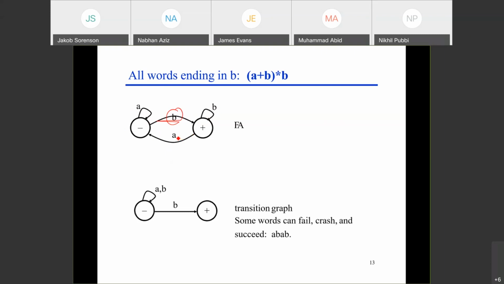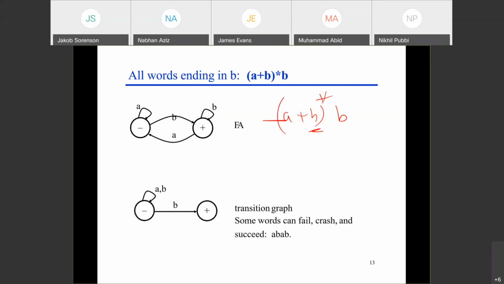Whenever you have A, you are at the start state. Whenever you have B, you are at the final state. So this means that the last letter should be at least one B, minimum one B. You will have more, no problem. Minimum one B, and then this word will be accepted. So now if I write the regular expression of this, (A+B)*B, because it gives you a guarantee that the last letter should be one B. You can get more B's from here, but one B must be there. Okay, so this is the regular expression of this.